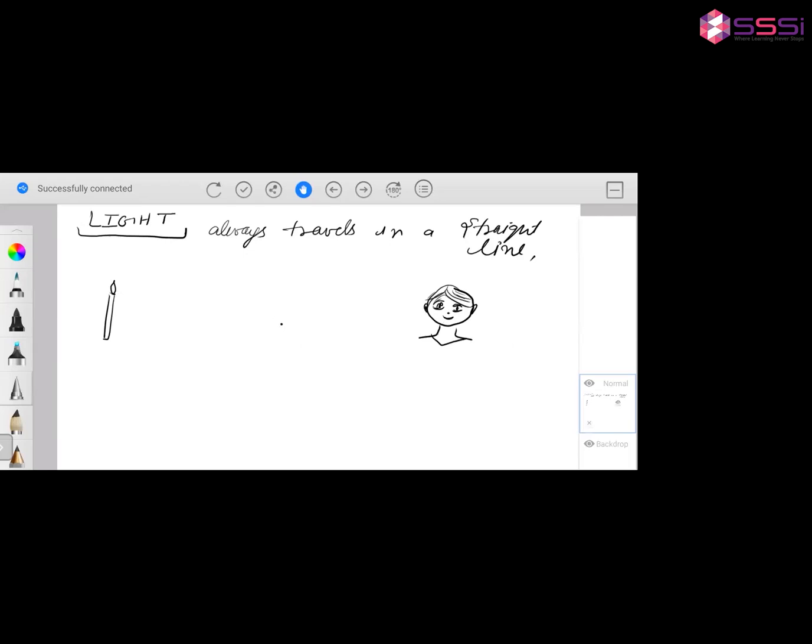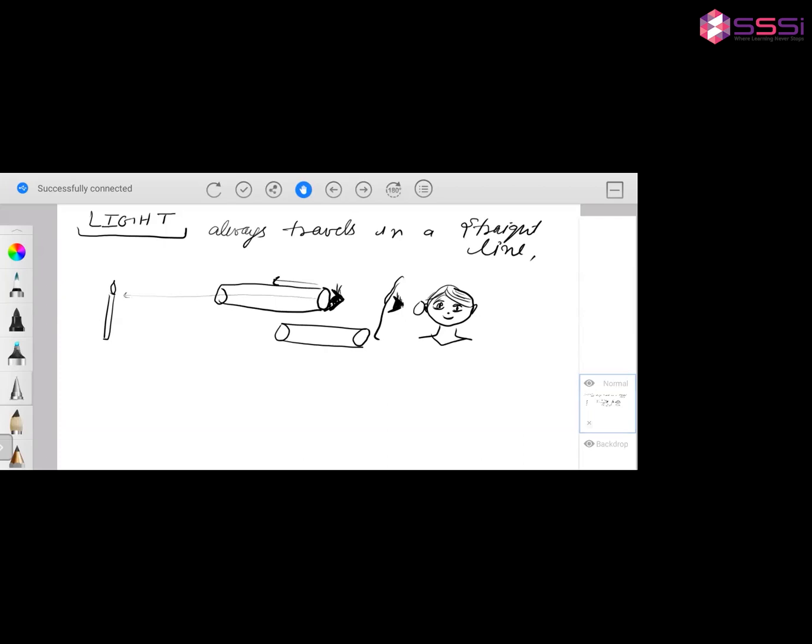If Harshika has a cylindrical tube and puts this tube towards the eye, this is your eye, and you're looking towards this source. This is that cylindrical tube, so you can see the source of light through it.